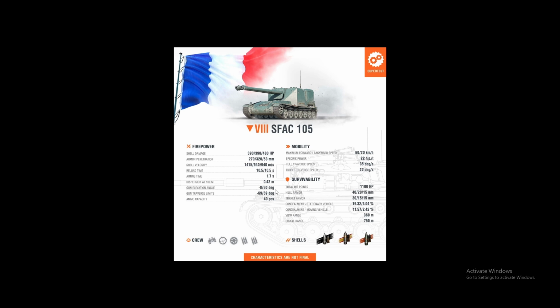Concealment 19 is pretty good stationary. Remember, it's a French tank. They tend to have pretty good concealment values. Bang average moving 11.57. However, view range, another thing to consider, is 360mm, which is not good. Definitely not going to be able to spot with itself, and because it's open class, can't run vents, not really